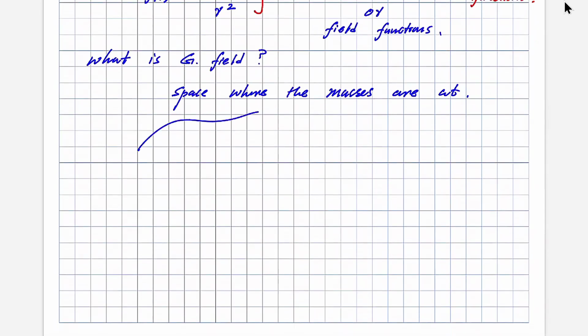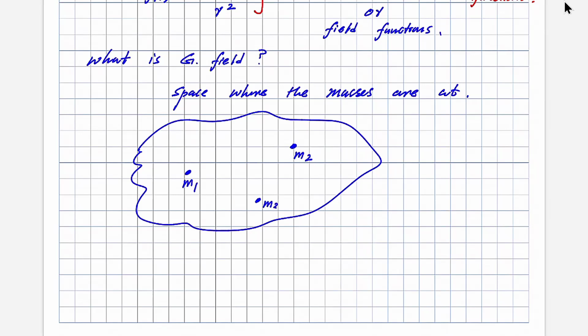So that means you have a field like this. So you have masses, M1, M2, M3. So there are masses, right? M4, like that, masses. So now you might see, I define this mass with a dot,